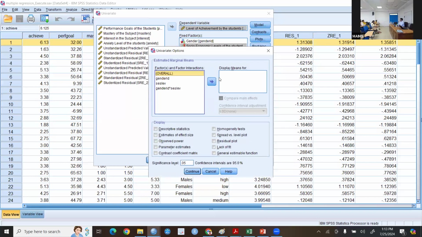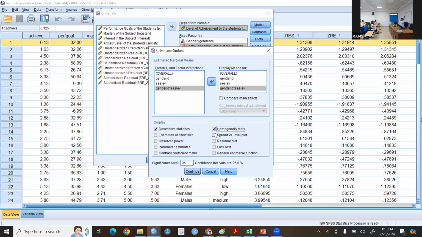डिस्प्ले मीन्स फॉर ओवरऑल, जेंडर, सोशो इकोनॉमिक लेवल और इंटरेक्शन टर्म, सबके रिजल्ट्स हमें चाहिए। वी वांट रिजल्ट्स फॉर ऑल। ओवरऑल सैंपल का भी चाहिए, जेंडर का भी चाहिए, लेवल्स का भी चाहिए, और इंटरेक्शन टर्म्स का भी चाहिए। वी वांट डिस्क्रिप्टिव, तभी तो मीन आएगा। इसका मीन कितना है, इसका मीन कितना है, डिस्क्रिप्टिव। होमोजेनिटी टेस्ट, लेवीन भी चाहिए। होमोजेनिटी क्या सेम थे? ऑप्शंस में जाना है।